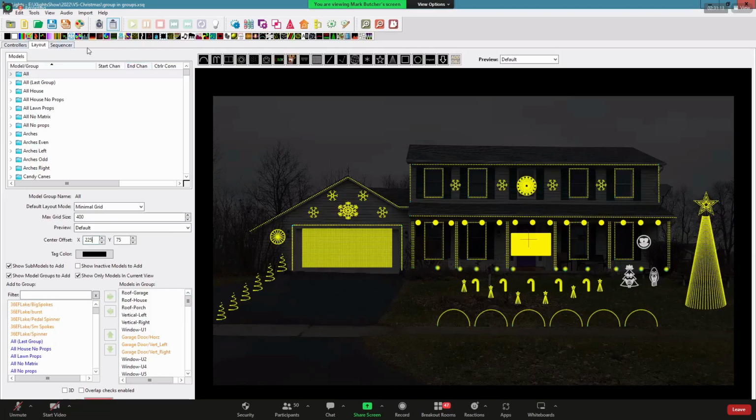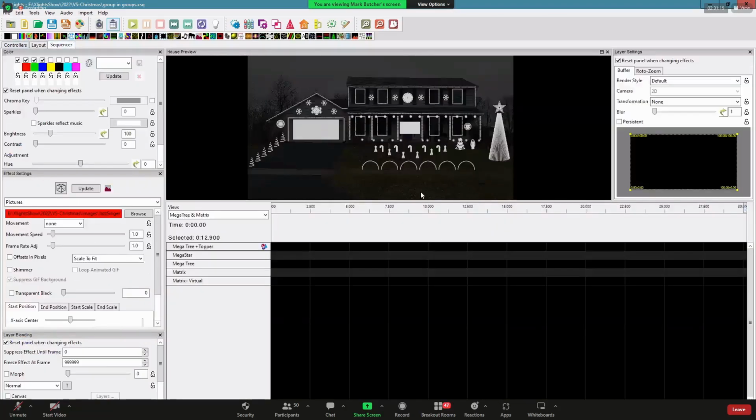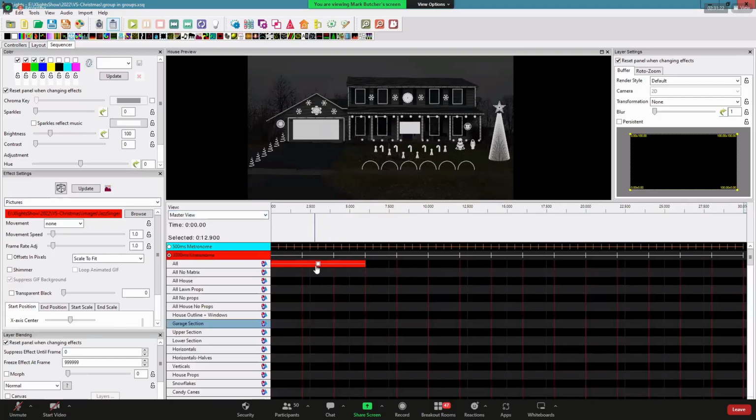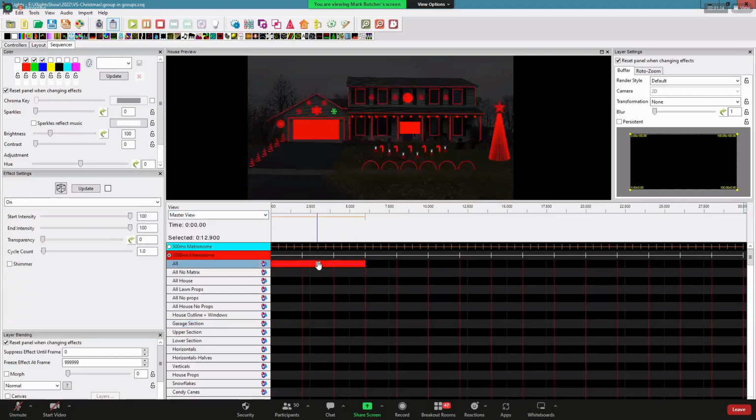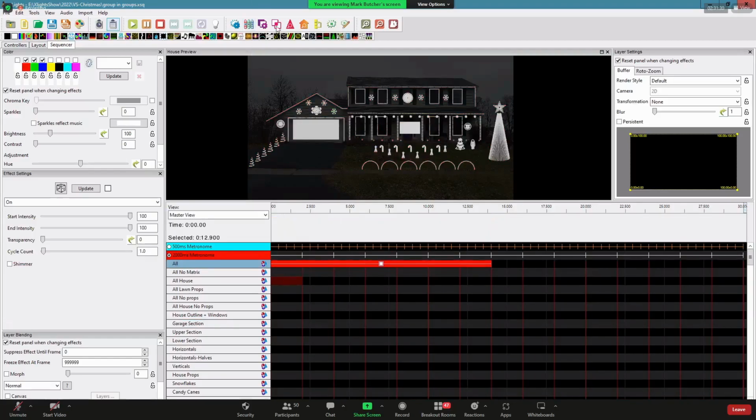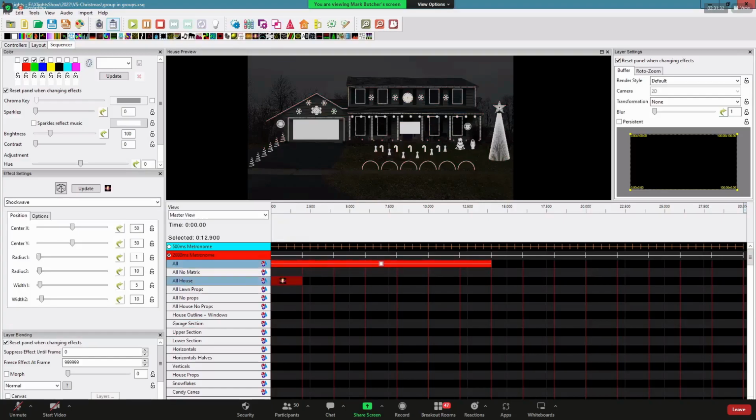What I mean by that is, come into the sequencer. Let's just make this a little longer. So we'll just drop a shockwave on here.